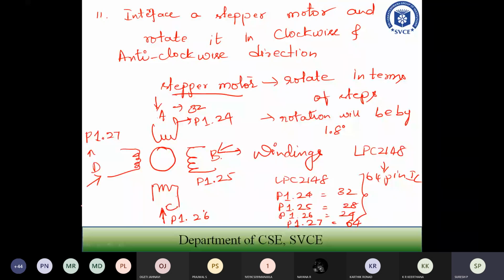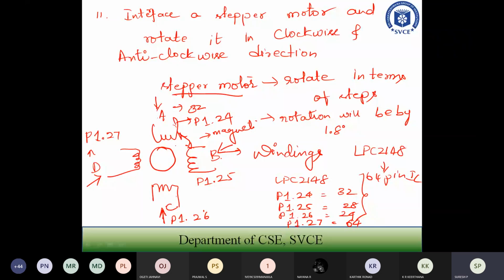Now, when the coil is energized, assume that I have to give numbers to the ports. When I set a particular port, obviously two coils get energized. Once they are energized, magnetic flux will be generated here. Once the magnetic flux is generated, the traction is going to take place.